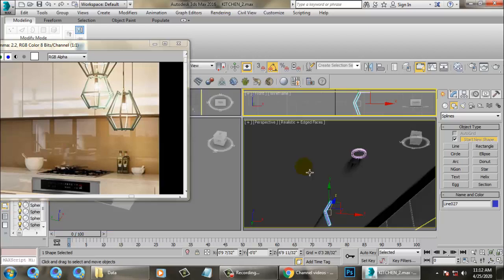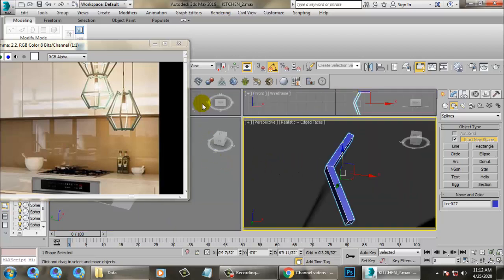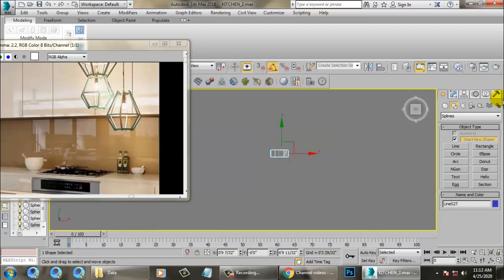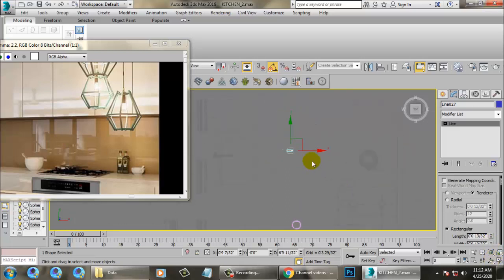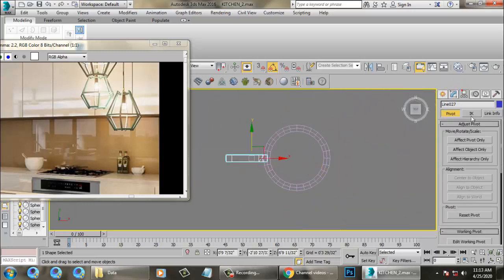Once you are done with this line, select the line, and as you have already set this as a rectangle, you need to reduce its length and width. Push this over here, affect pivot only.